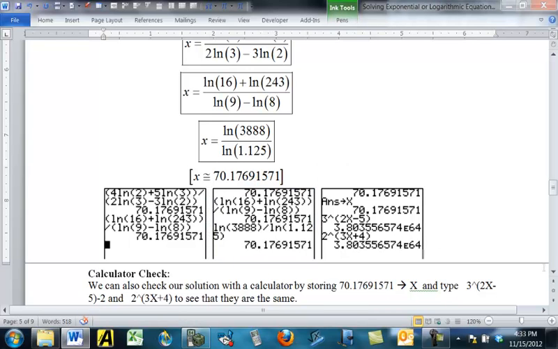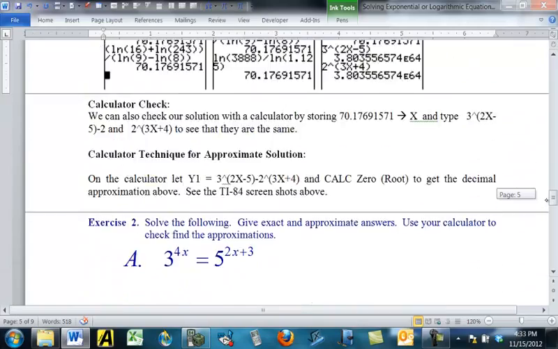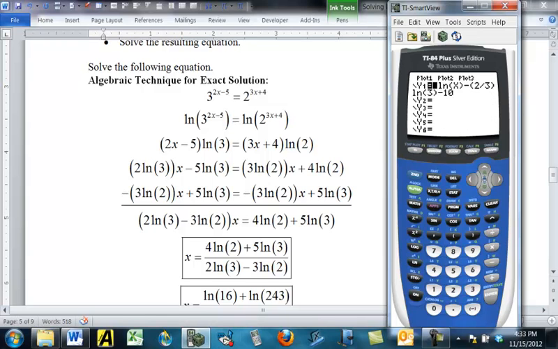Well, how about actually finding it with the calculator? A couple ways we can do it. We can do it two different ways. Let's do it the second way, a different way than we did the last one. We can actually graph both sides: 3 to the power 2x minus 5 and 2 to the power parentheses 3x plus 4. And notice here x could possibly be positive or negative,